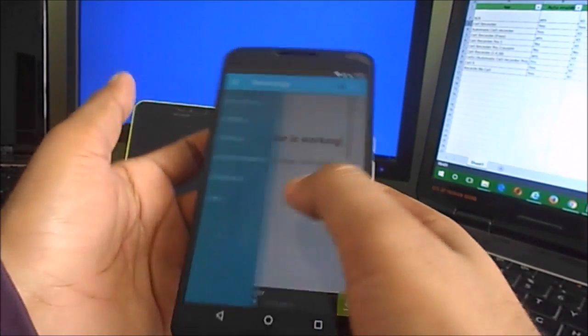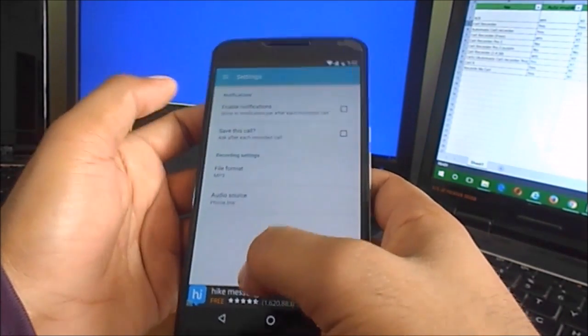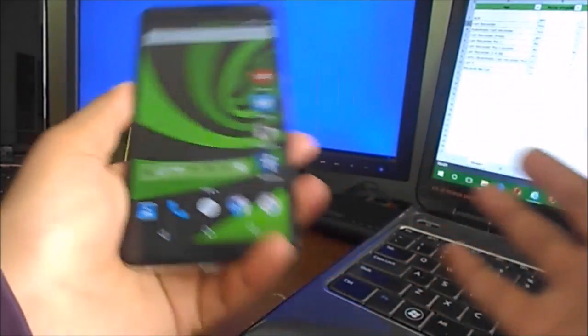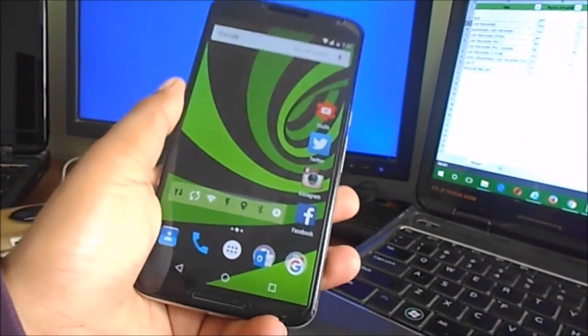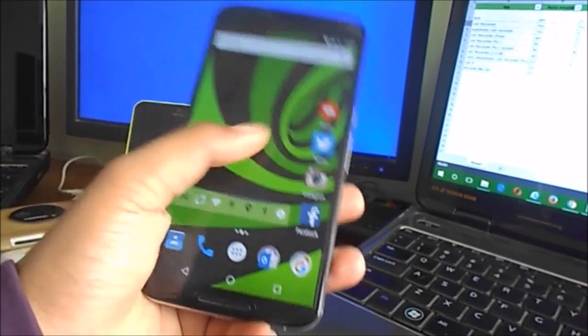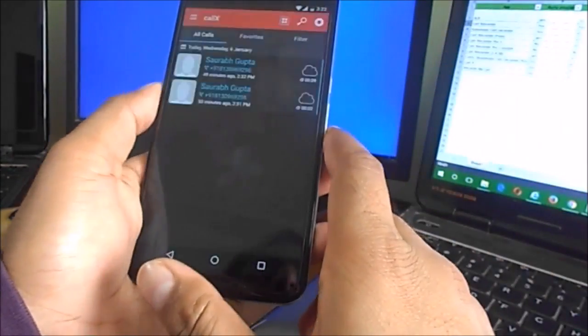If something is not working, why should any recommendation be needed? So this is neglected by me, even though it has 4 out of 5 ratings, but it's not working on Marshmallow Nexus 6. So maybe you can try it out in your systems. I won't say for the Nexus it's going to work. And another app we have here is CallX,